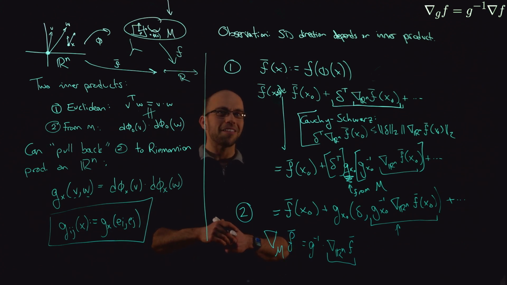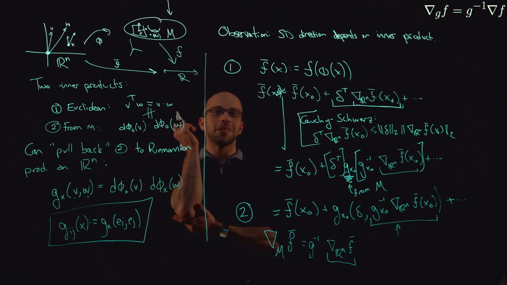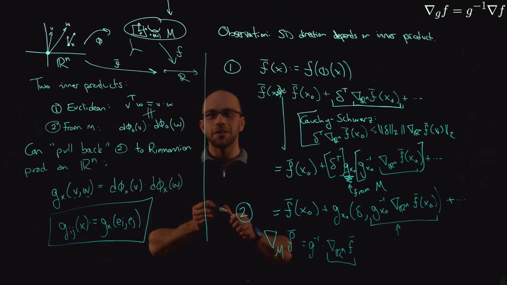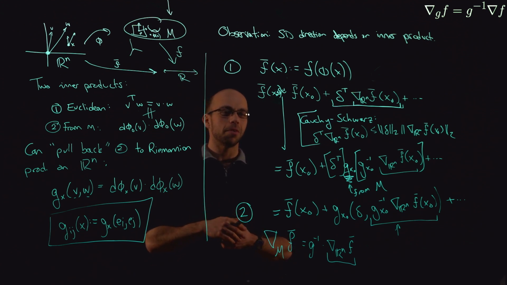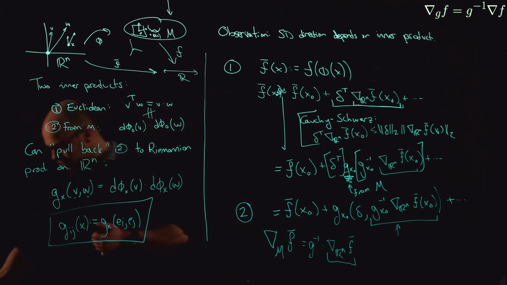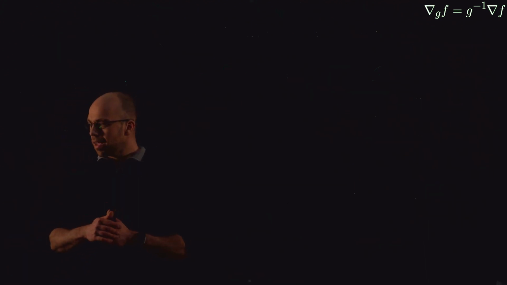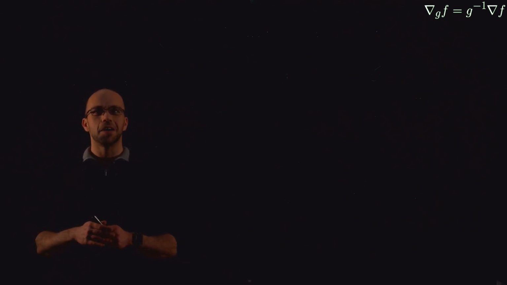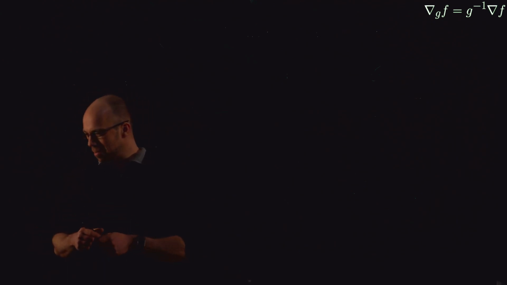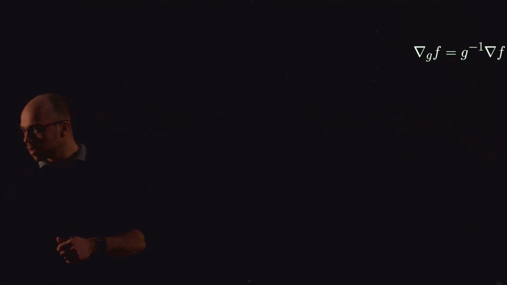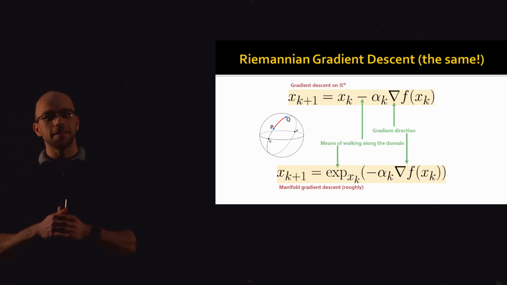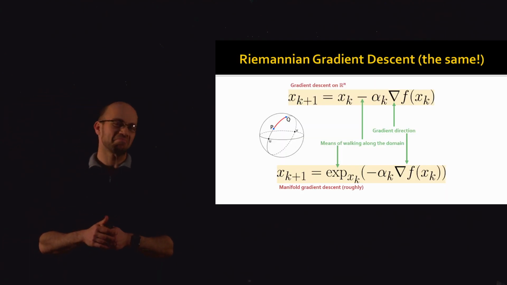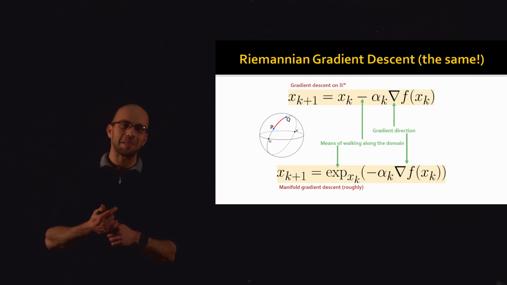Okay, so this already suggests that our optimization algorithm is a little different, right? We have a different notion of gradient than we had before, basically by incorporating a Riemannian metric here. Let me clean this out a little bit. Okay, so hopefully you now have an idea of what it means to compute a gradient on a Riemannian manifold. So essentially, Riemannian gradient descent looks exactly the same. I mean, you just have to define